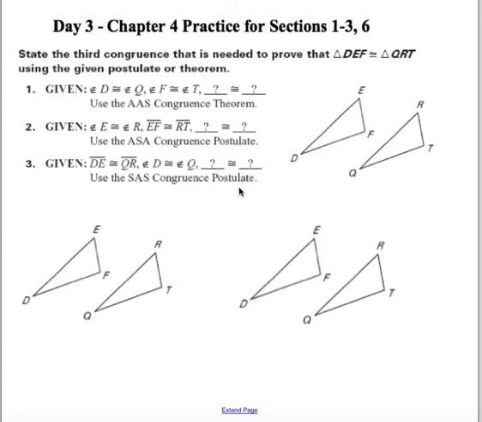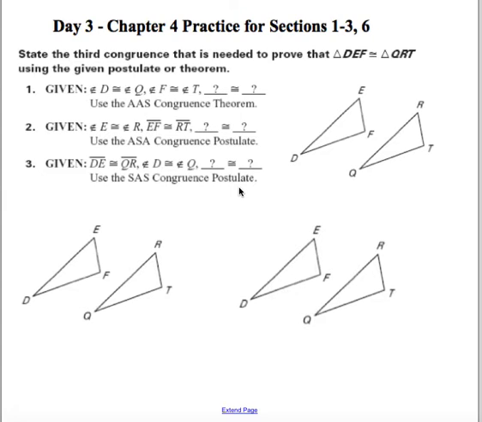Going to continue using our shortcut methods for proving triangles congruent in this D3 notes here, practicing sections 1 through 3 and 6. So state the third congruence that's needed to prove triangle DEF congruent to triangle QRT using the given postulate or theorem. This is a particularly important skill, and I want to stress that to make this difficult,